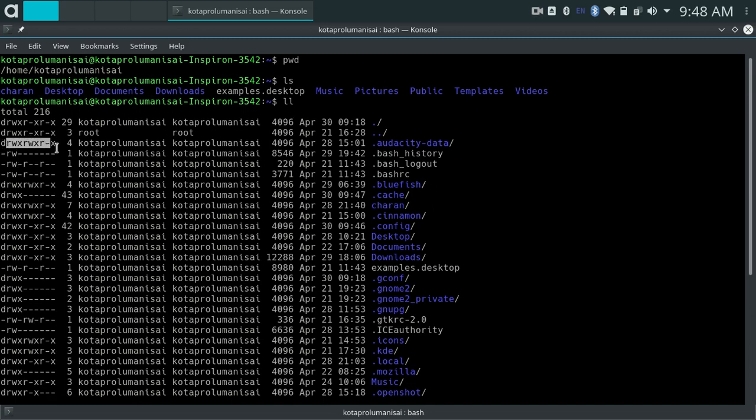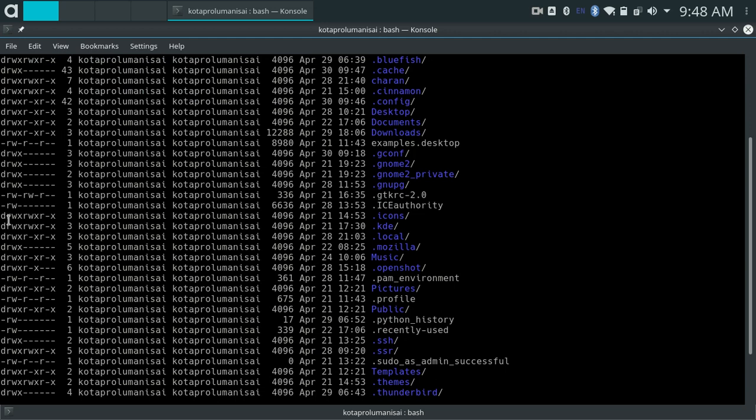Here you can see rwx, and these are the file permissions given to the particular file or directory. The first three parameters rwx stand for the permissions given to the user, the currently working user, the next three are given to the administrator of the computer, and the last are given to the group, if there are any groups on the working computer.